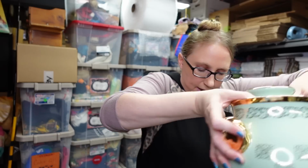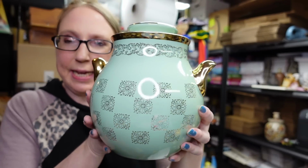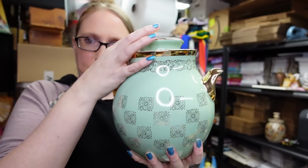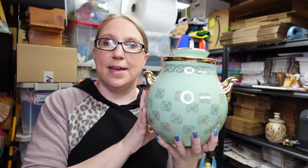$59.99. And I also won this other one. Again, this is by Hall. And this one's a mint green, again with the gold accents. This one has a little bit more of a design to it. So really pretty. And again, this one here I have listed as a buy it now for